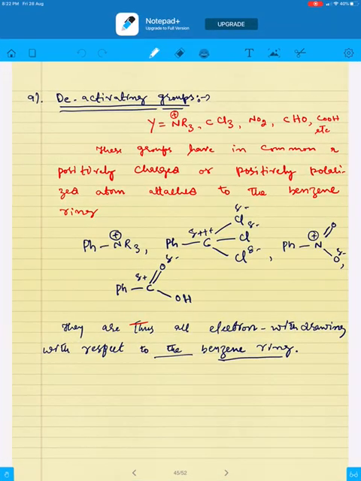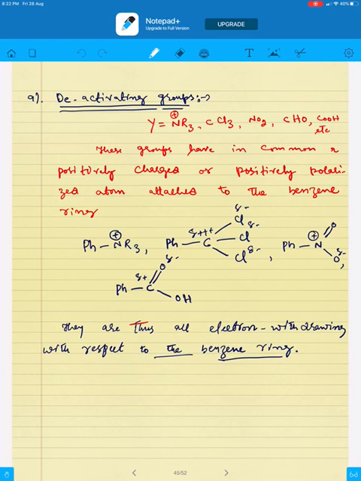Now we'll first talk about the deactivating groups. This is part of the previous lecture. Deactivating groups direct the incoming electrophile to the meta position, right? They are also called the meta-directing groups. You will see something: these meta-directing groups are deactivating groups. They have something in common. You will see that